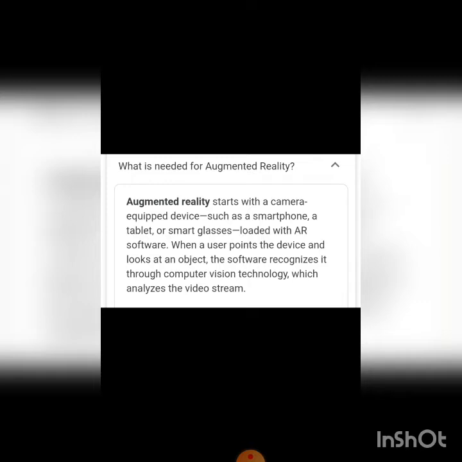As I just told you, you should download the AR Core software from the Play Store. When a user points the device and looks at an object, the software recognizes it through computer vision technology, which analyzes the video stream. I will show you how to focus with your phone.